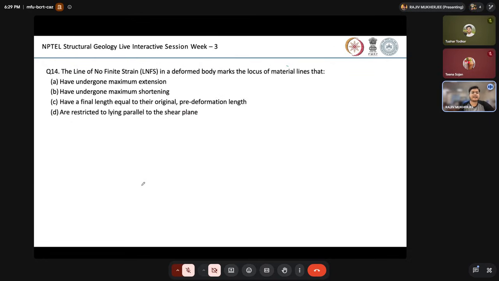The line of no finite strain, LNFS, is a deformed body marker that, in a deformed body, marks the locus of material lines that have undergone maximum extension, that have undergone maximum shortening, have a final length equal to their original pre-deformed length, and are restricted to lying parallel to the shear plane. So of course option C will be the correct answer, because eventually